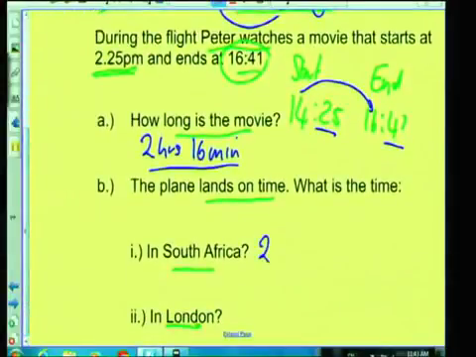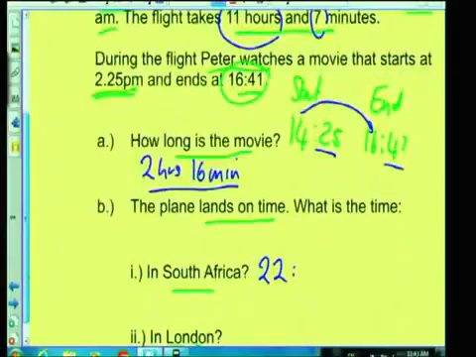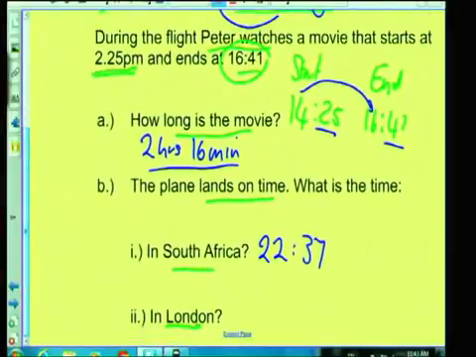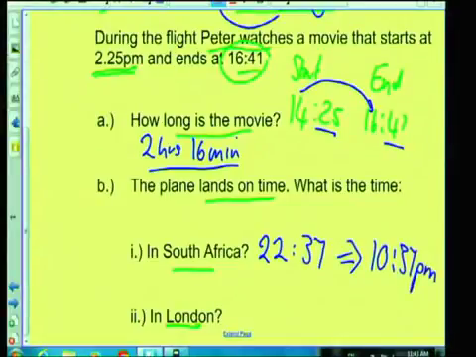And that means that we're going to get 22, and it was 30, and it took 37 minutes. So it's 22:37. If they wanted us to write it in the same format that they did, that would be 2200 is going to be 10:37 p.m. Okay, so be very clear about how you add those two together. There's an hour before noon, and there's 10 hours after noon gives you your 10 o'clock in the evening, 10:37